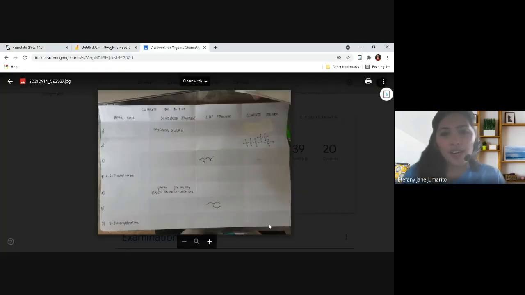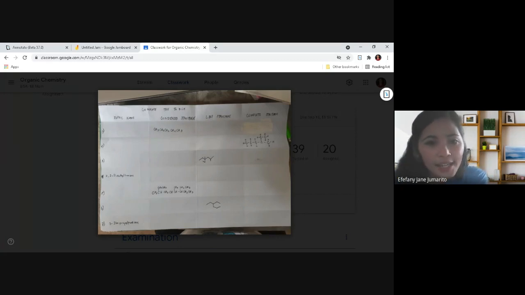Okay, so we have here number 1. Okay, so we are asked in our assignment, in our homework, we are asked to complete the table. We have IUPAC name, the condensed structure, line structure, and then the complete structure. Okay, so we have number 1. We are given with,